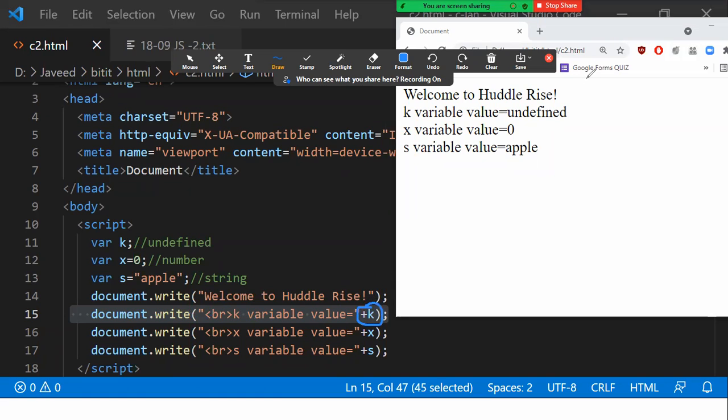Now you see that in the output, the value of that variable is displayed for me here. So if I'm putting something outside the double quotes, it will be taken as a variable. If I'm putting something inside the double quotes, it will be assumed as a message to be printed. Understood what I'm telling here? Like this, the same thing is interpreted for the x variable also, and for the s variable also.